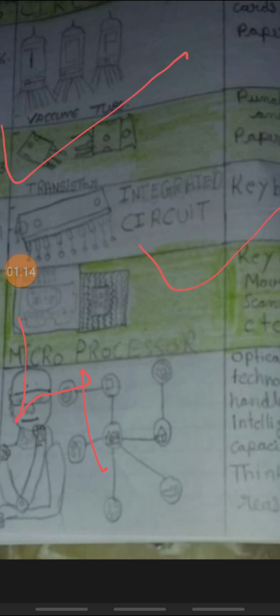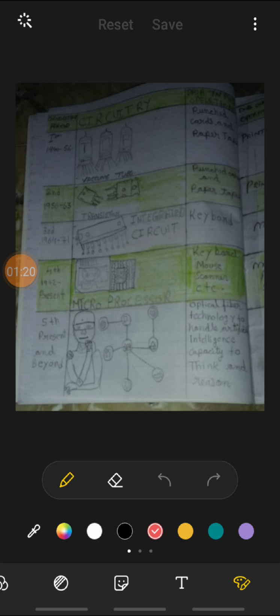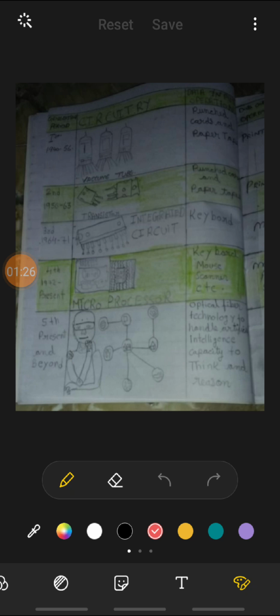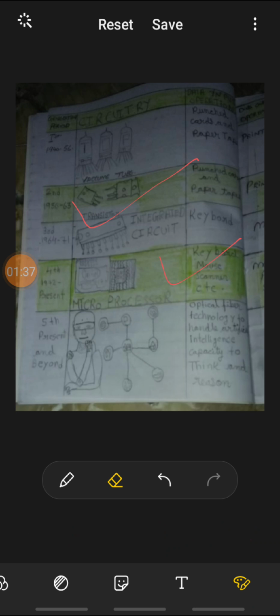I can give the marks also. You can stretch to read it properly. Then again go back to the image, and you can reset also. Again the same thing, I'll repeat the process. You have checked with the red colored pen here, and by mistake if you have given some wrong marks, you can erase them also. An eraser is also given to you like this. Fine. So this was the one type of checking the papers.